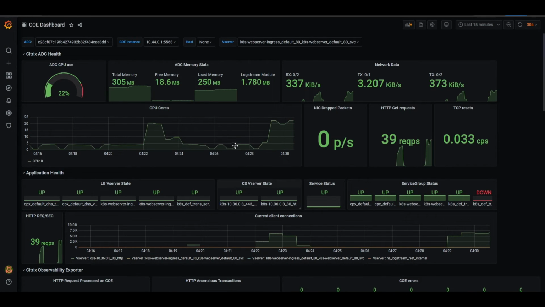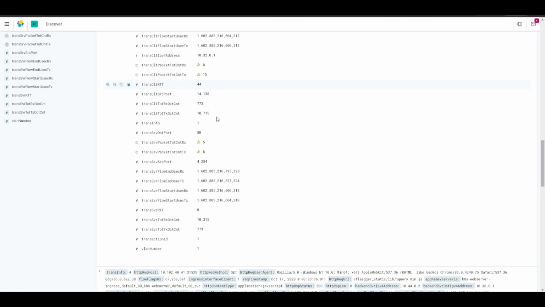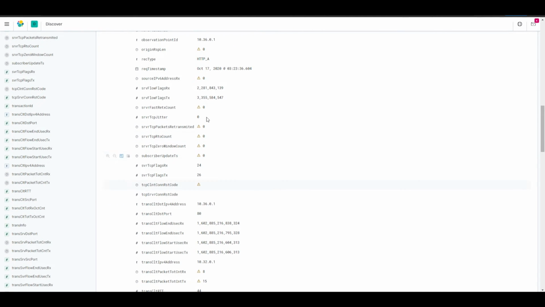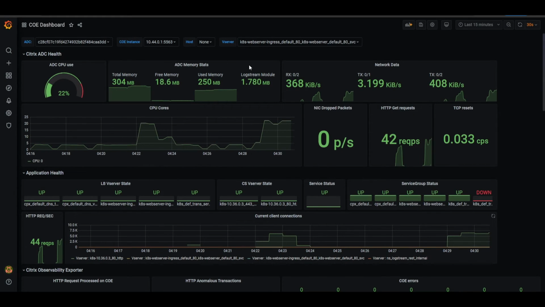From these metric data and the timestamps, we can also map to the actual transaction on your Elasticsearch and get to know, okay, at this particular time this particular client IP and port tried to access, and whether there was a TCP reset or what was the duration it took to load that particular URL. All that information can be intermapped, which is the beauty of observability as a solution.